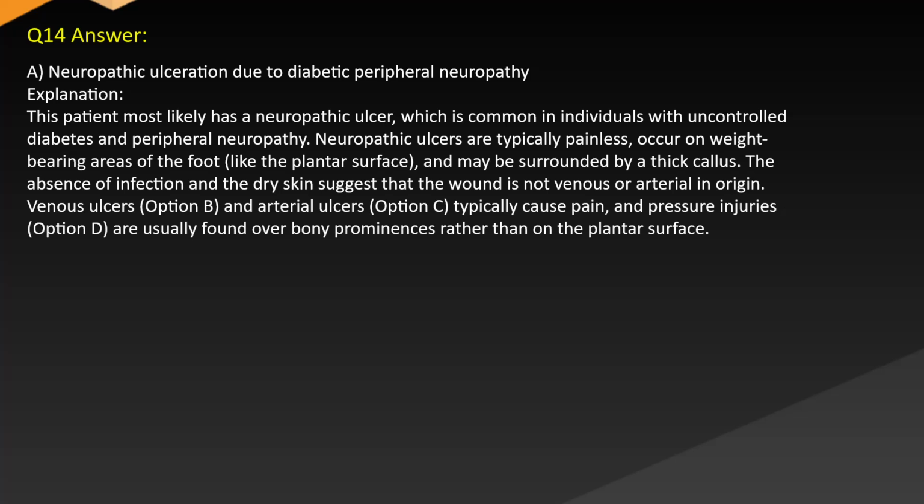Answer A. Neuropathic ulceration due to diabetic peripheral neuropathy. Explanation. This patient most likely has a neuropathic ulcer, which is common in individuals with uncontrolled diabetes and peripheral neuropathy. Neuropathic ulcers are typically painless, occur on weight-bearing areas of the foot, like the plantar surface, and may be surrounded